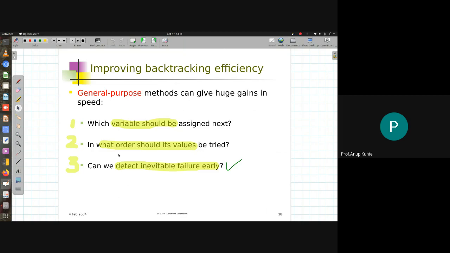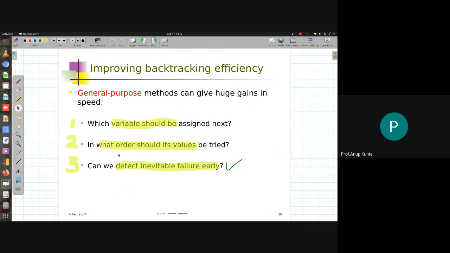On top of these two things, they will help me get into a state space region which is closer to my goal node. But this won't still stop me from going to unnecessary subtree areas before I realize that there is no point in going ahead in that particular region. So there must be some way to stop early from going into a subtree which inevitably is a place from which you need to backtrack, that is, it's not going to get to the solution region in the state space. So these are the three options, and we'll look at them one after the other.